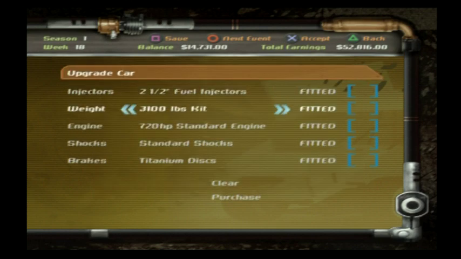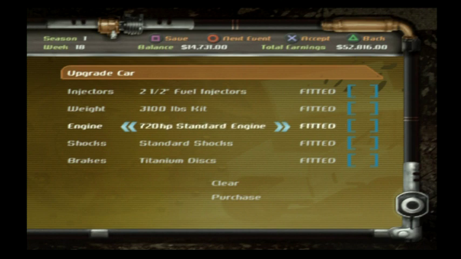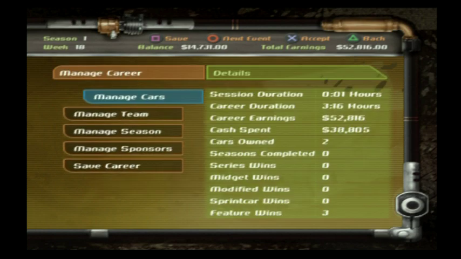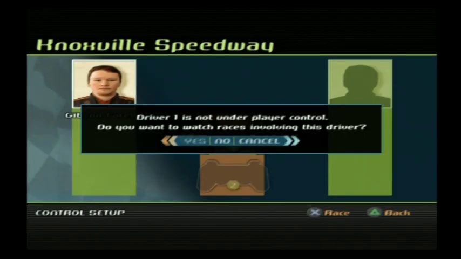Now, one part I really want is that 800 horsepower FFC engine. That's a $19,000 bill. We got the 3,100 pound kit. We got the fuel injectors. We can get the shocks. But I want horsepower, because right now we have a 720 horsepower standard engine, or we can get the 800 horsepower for $19,000. So what I plan on doing is we're going to run another event before we go ahead and invest into that